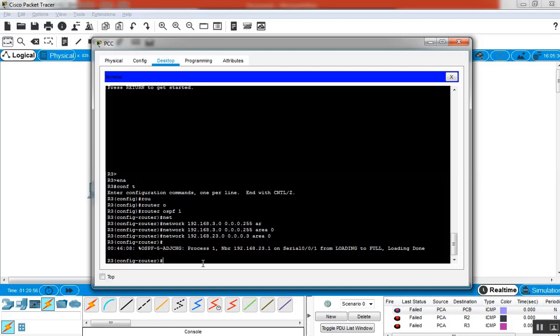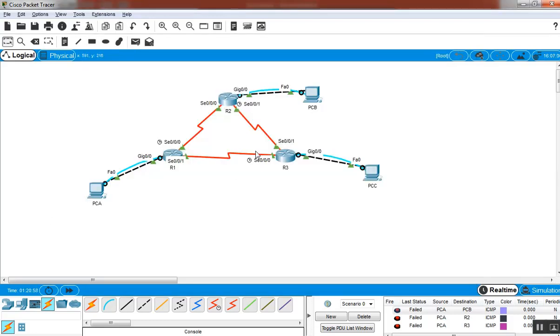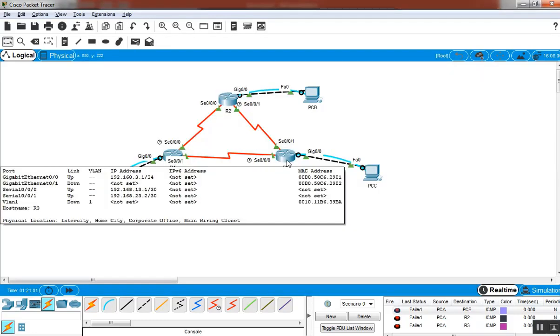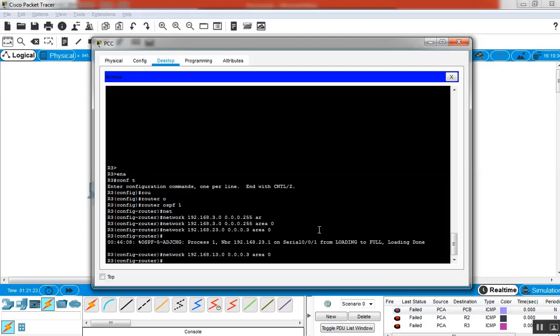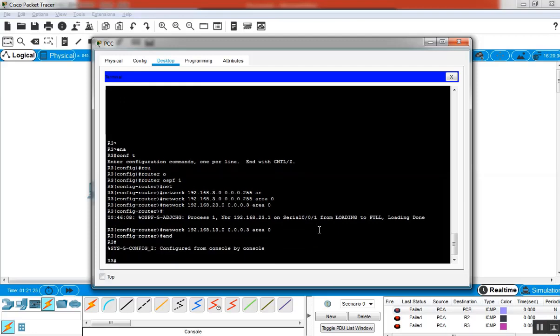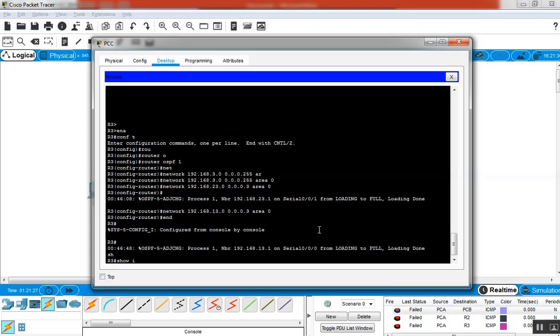For router 3, we have the connection with router 1 through serial 0/0, and here we have the address of this network, 192.168.13.0, with the wildcard mask 0.0.0.3, area 0. Now I put it in and I will check show IP route,